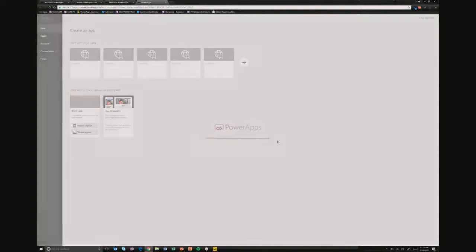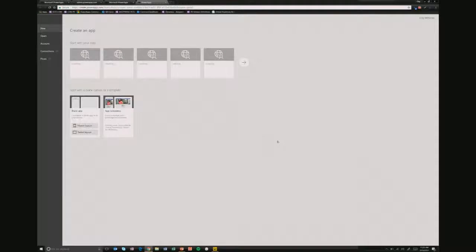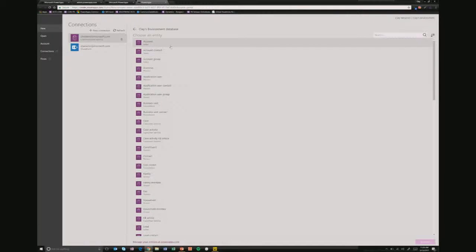But this is actually building the Power App itself. So you'll notice the first list that's going to load up at the top here is going to be the different data sources that we have available to work with. And the first one is going to be the Common Data Service. And I'm going to say I want to create a phone layout. And you'll notice what it's going to do. It knows that I have a CDS instance deployed, and it's going to bring back all the entities that I have available. Now, whether these be standard, custom, whatever they happen to be, I'm going to click Account